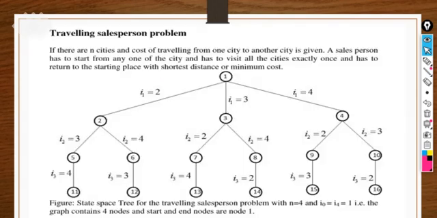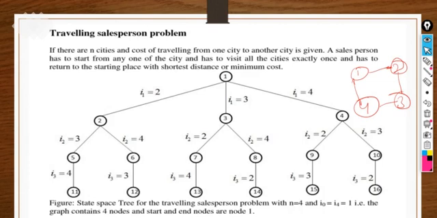Right? So simply, what is the traveling salesman problem actually? If you have a graph, and a salesman, a person, needs to traverse four cities, each city has to be visited once only. He will never repeat the cities. And one more thing: from wherever he starts, at last he has to come back to the original city after covering all the cities, right?